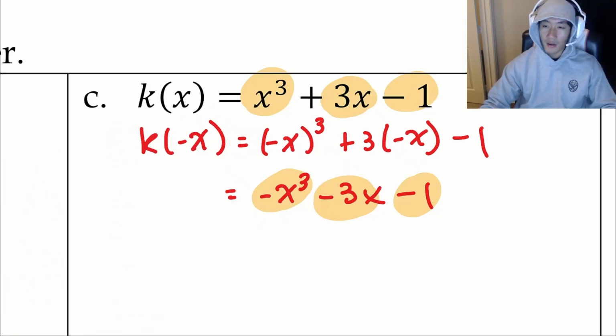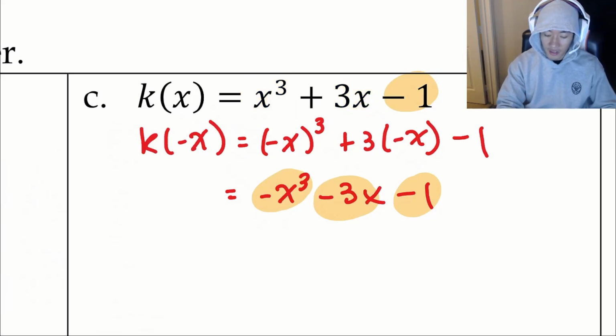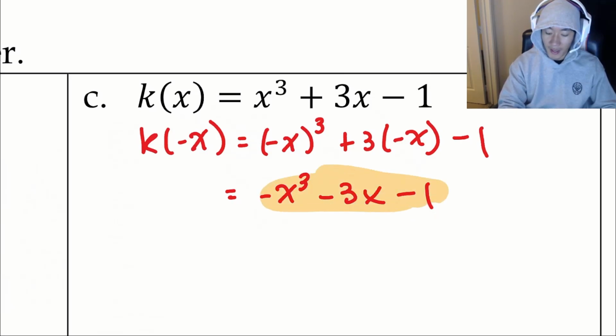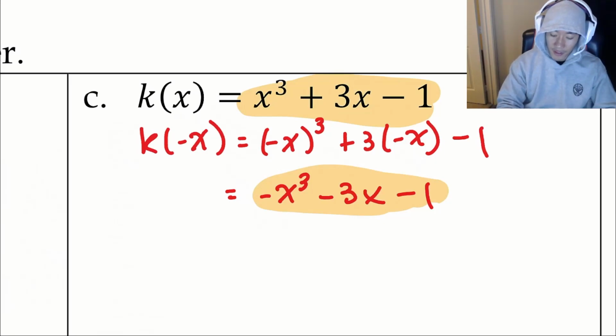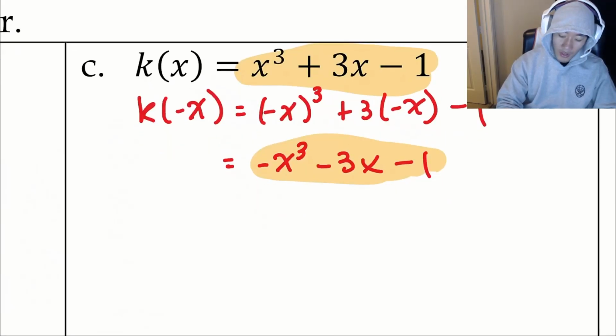So since it's not odd, we can test if it's now even. And we really don't have to do much more work, right? Let's just compare what I have right now to the original function. To be an even function, what we get in return after plugging in a negative x is that these would have to be the same. And obviously, they are definitely not the same, right? They have different signs for the first two terms. So we can claim for this particular function that it's going to be neither, right? It is neither odd